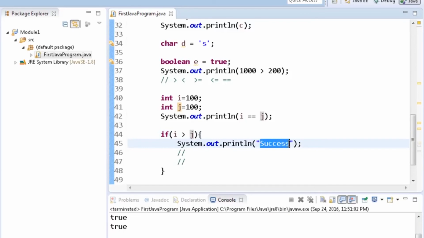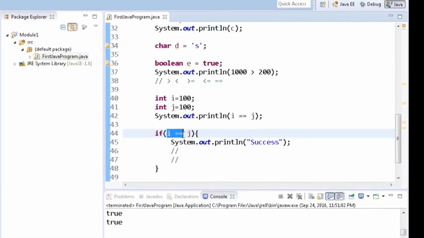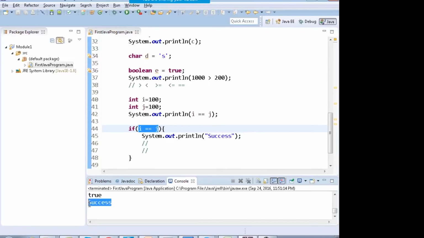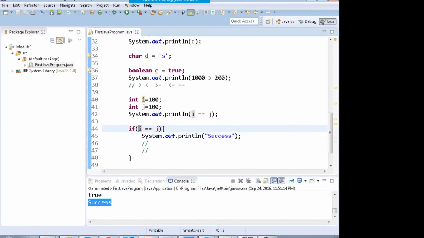But if I give the condition i equals equals j, this will evaluate to true, and when I run the program, it will print success. So in an if condition, the evaluation should actually amount to true or false. You cannot just write if i, you will get an error because that is not evaluating to true or false.